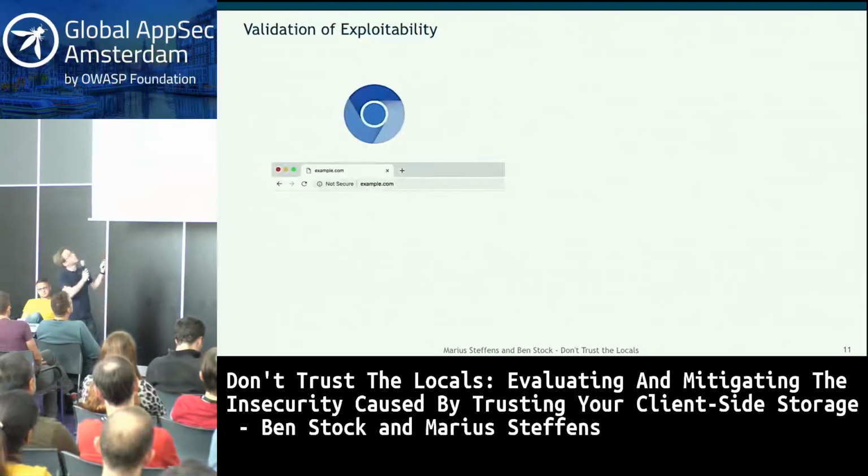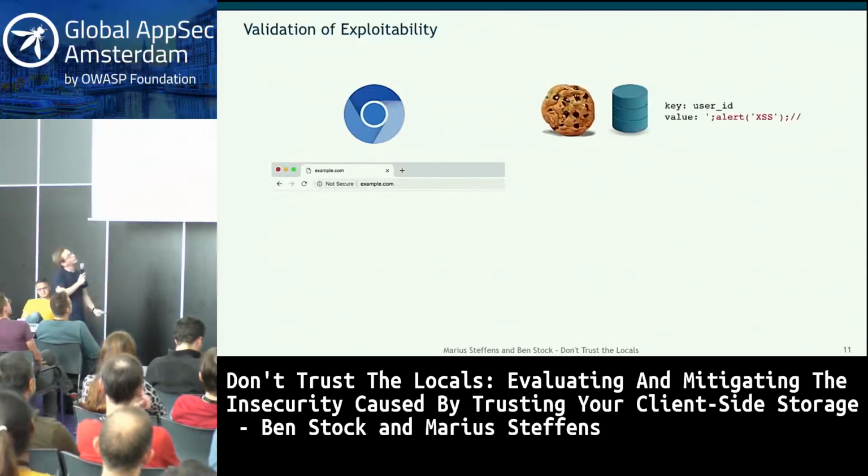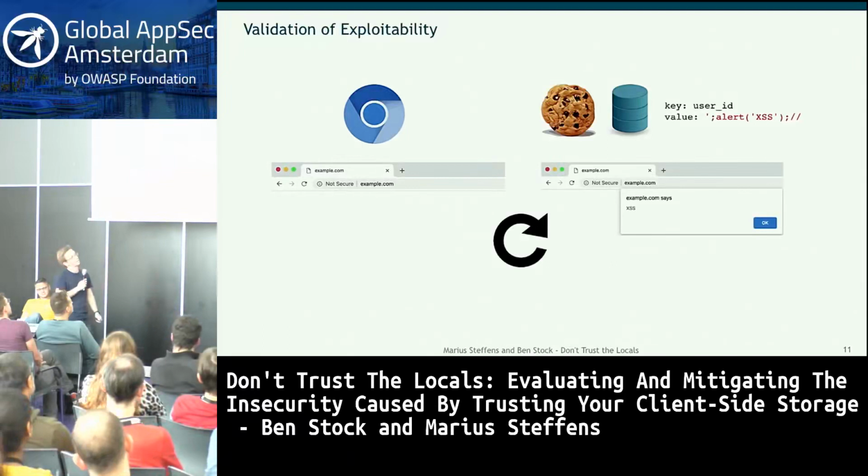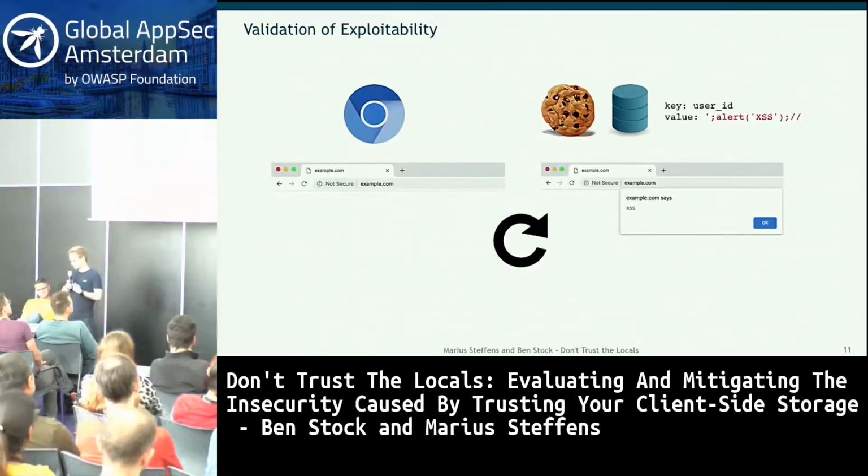So essentially we just visit the web application, let it fill up all the storages and all the caches, and then we just substitute our candidate into the storage mechanism and reload the page. If our payload survives the reload and the same data flow happens, we have our payload execute. And with this, we have this automated pipeline where we can visit pages, collect data flows, build exploit candidates, and also verify that these are real vulnerabilities in web applications. And with this, we are basically set. So now we can start turning to exploiting web applications at scale. And that's what we did.